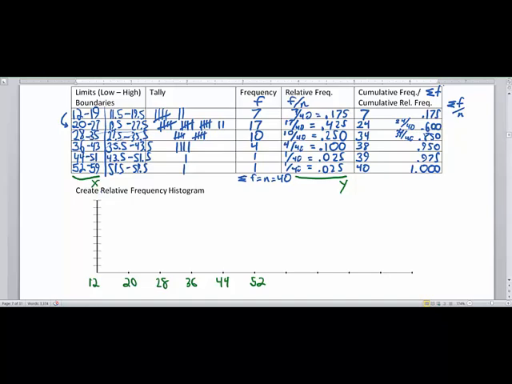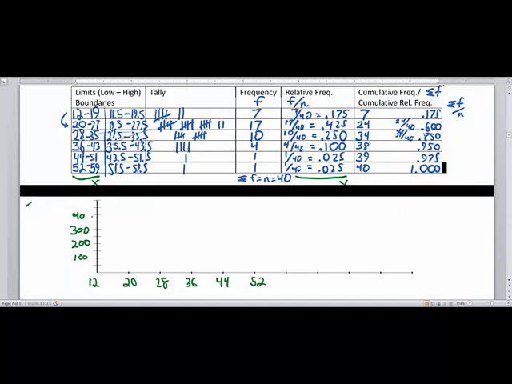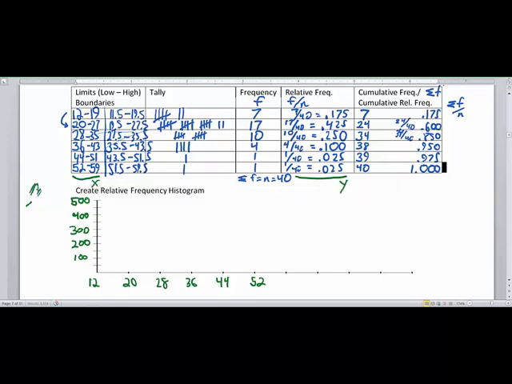Well, maybe moving by 50s would be easy. So the first tick mark would be 50, and the second tick mark would be 100. And the third tick mark would be 150, and this would be 200. Skip, 300. Skip a tick, 400. Skip a tick mark, 500. All right, sometimes when I put too many marks on the screen, it gets a little cluttered. So now I'm going to put back all of my decimals,